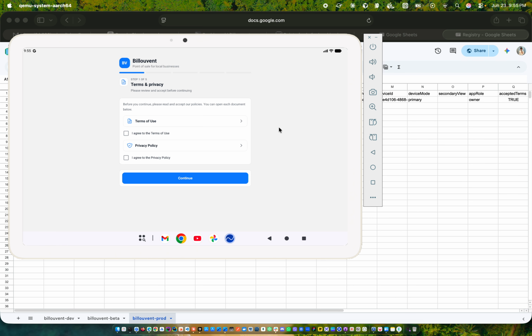Before they can move on to set up their businesses using the application, they have to first read the terms of use and then the privacy policy, so they know how the data is being managed and kept. There's no need for them to worry, because when they generate the Google Sheet, I am not collecting that information, since it has to be associated with the account that is logged in to that device. It has nothing to do with any external account.